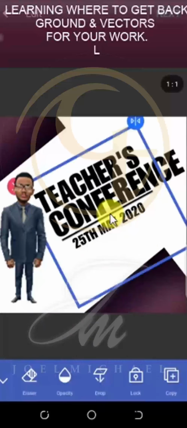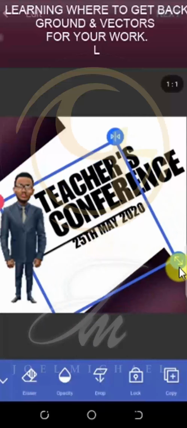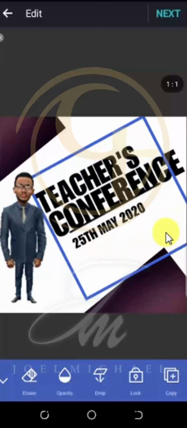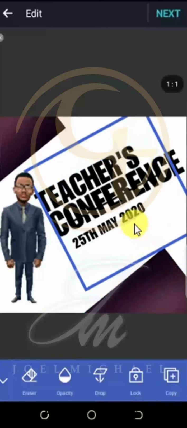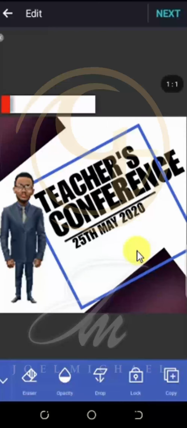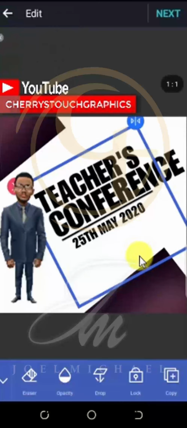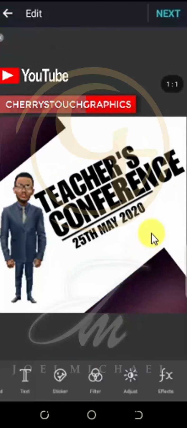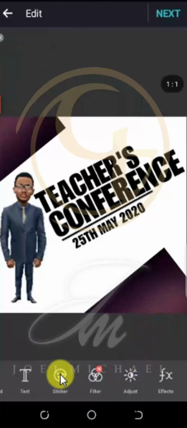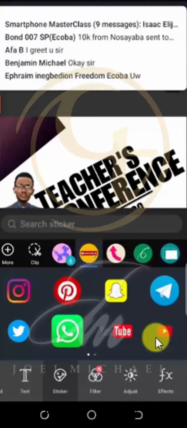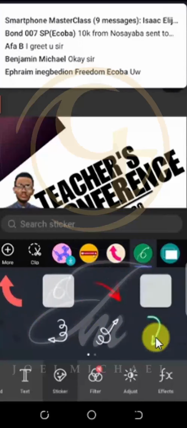We could also duplicate it. Let's see what we've got here. Okay, it's not here, so I can just bring it in. Otherwise, if you don't have this line, you could create one. This is how you do it. Now you click in the sticker. You definitely will have